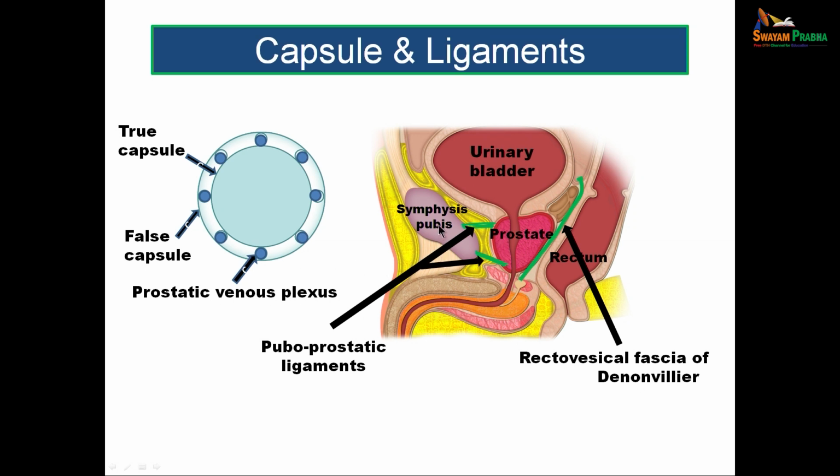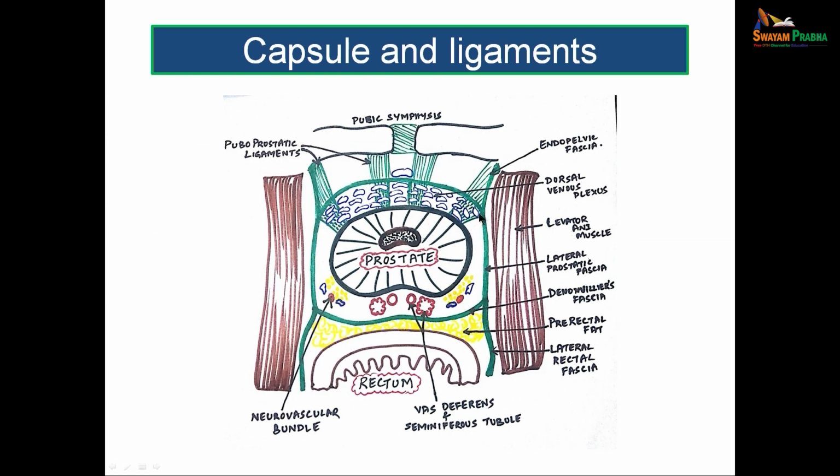Here we can see the capsule of the prostate becomes continuous anteriorly with the puboprostatic ligaments and posteriorly with the fascia of Denonvilliers. It merges here with these two structures. Inferiorly, it merges with the superior fascia of the urogenital diaphragm. The puboprostatic ligaments extending from the anterior surface to the pubis are again appreciated here, with the fascia of Denonvilliers,